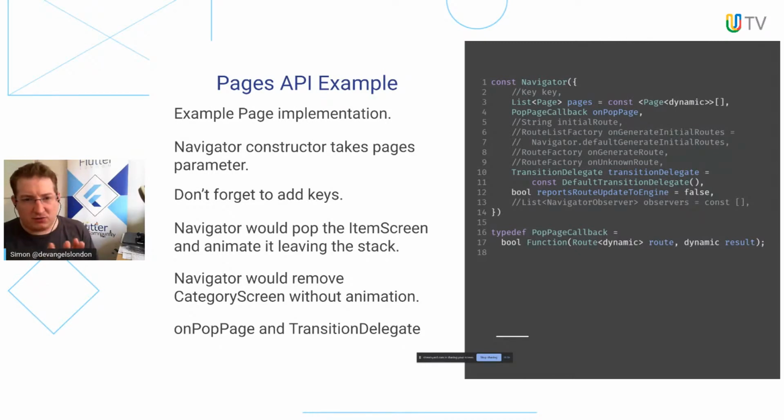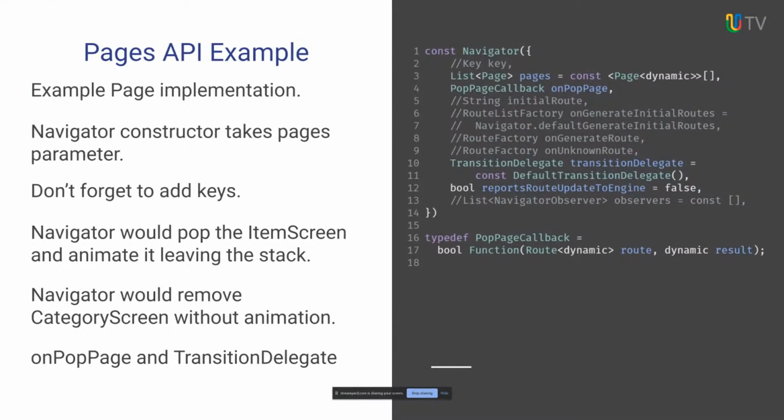So I just want to talk through these points. This is actually, I think, pretty much verbatim from the documentation. The default transition delegate follows these rules. Firstly, all the entered routes are placed on top of the exiting routes if they are at the same location, so same location in the pages array. Secondly, the topmost route will always transition with an animation transition, obviously because it's the current one that's on the screen. All other routes below either will be completed or added or removed without transition.